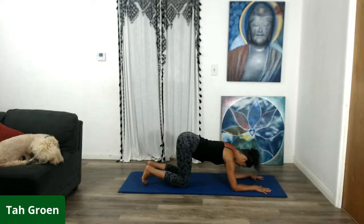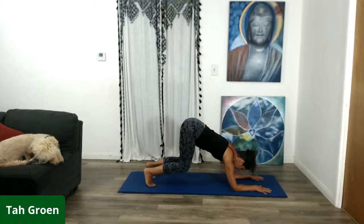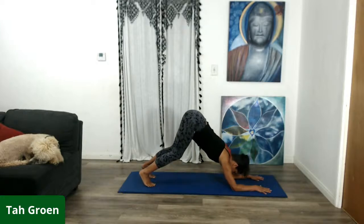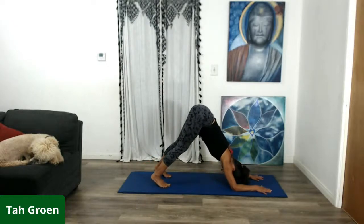Shake out the head. Now this might be a little intense for the shoulders, just depending on how tight you are, but it's absolutely a quick way to heat up the upper body. So then hover the knees, ribs in, torso, and then possibly finding a little bit of straightness in the legs, dropping the head. So you're in dolphin. I know, went right into it, but